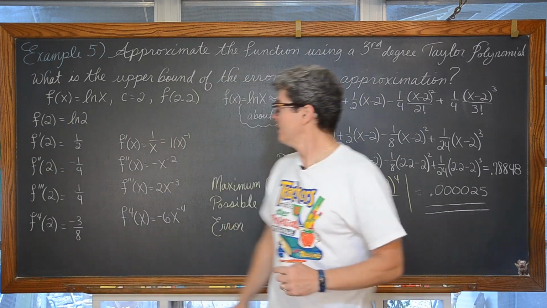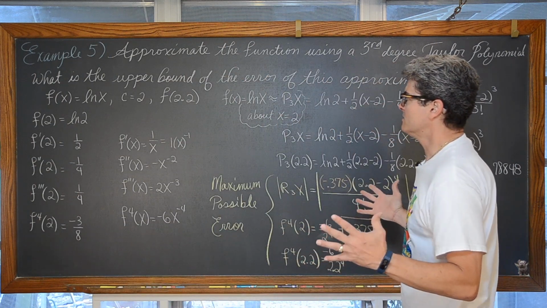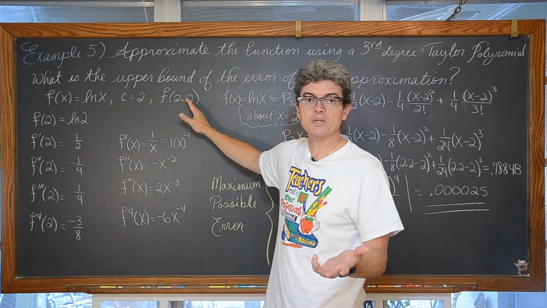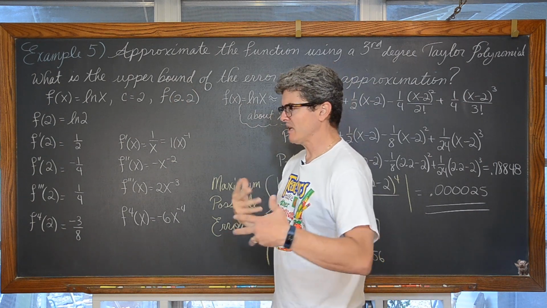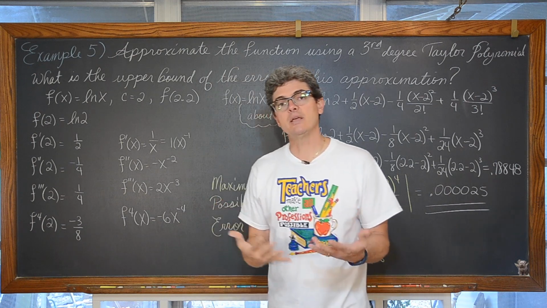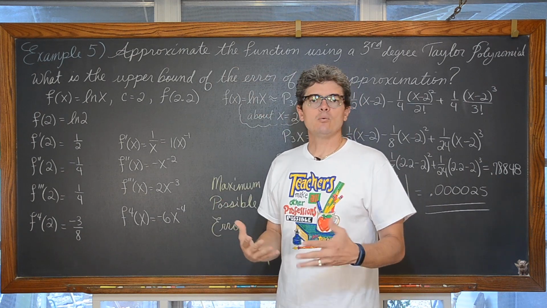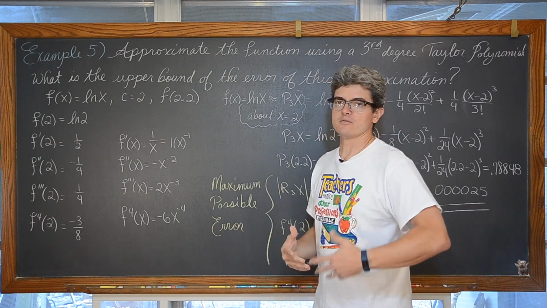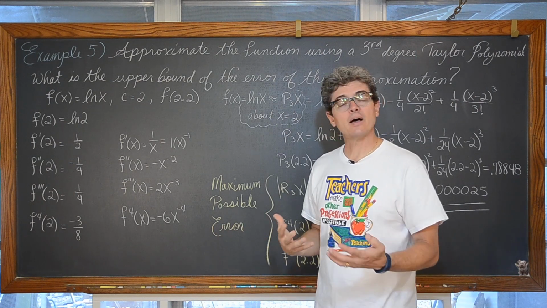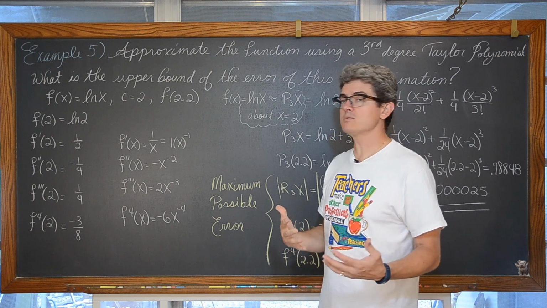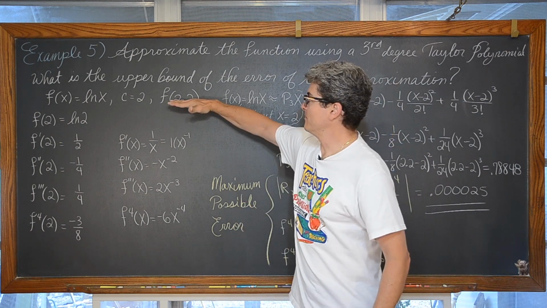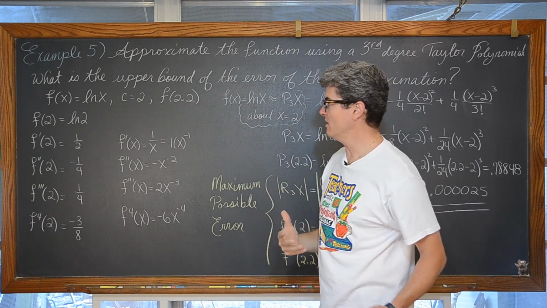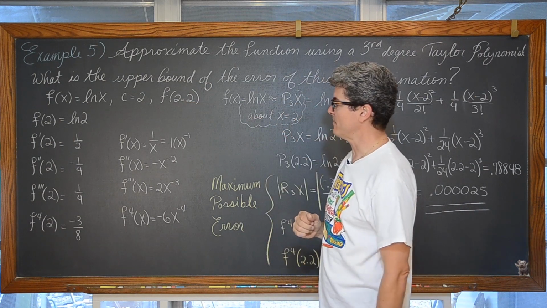We centered around 2 because 2 was close to 2.2, and thinking about the idea that this is an estimation, maybe we know the natural log of 1 is 0, but the natural log of 2, the natural log of 3, there are some standard values maybe that we have in a table, and we're going to use those to build off of and estimate that function somewhere else. Just sort of like, where did that center of 2 come from?